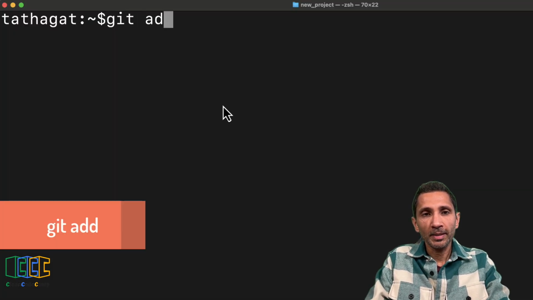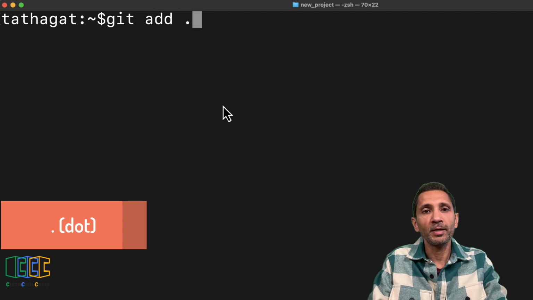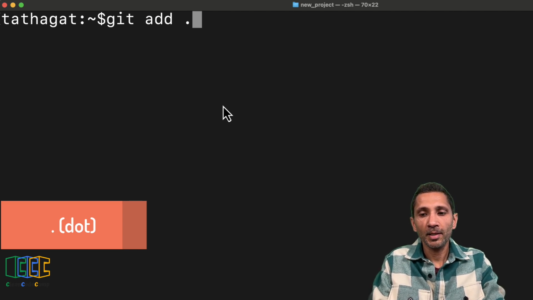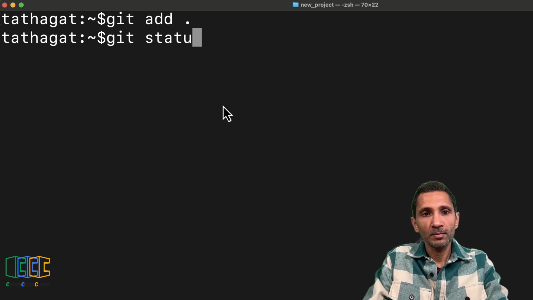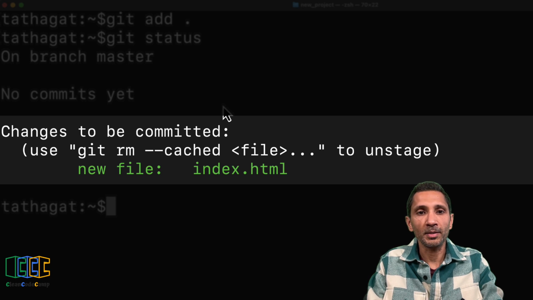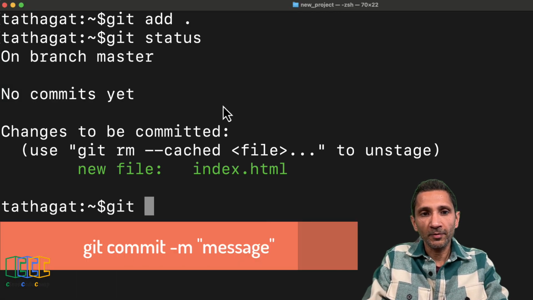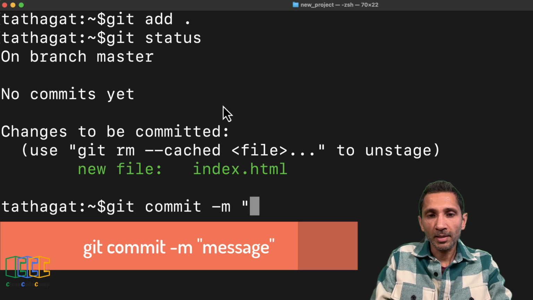We can use the command git add file name or the shortcut dot, which will add every file that is below this directory to add it to Git. If we do a git status now, we will see Git has a new file, but it has still not been committed. We can go and commit this file using the command git commit -m to add a message to